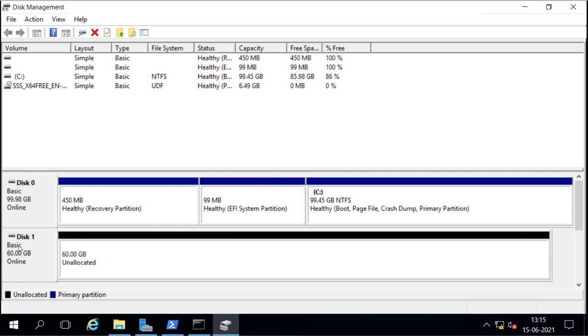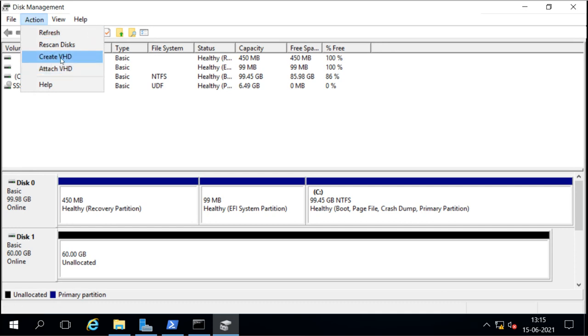Now virtual disks we can create with Hyper-V. If you install and configure Hyper-V for creating virtual machines, when we create the virtual machine, we can create the virtual disk also. But we can also create a virtual disk for our physical machine, and we can do it from this server, from this Disk Management. We can go to Action here, and in Action we have the option to create the VHD.